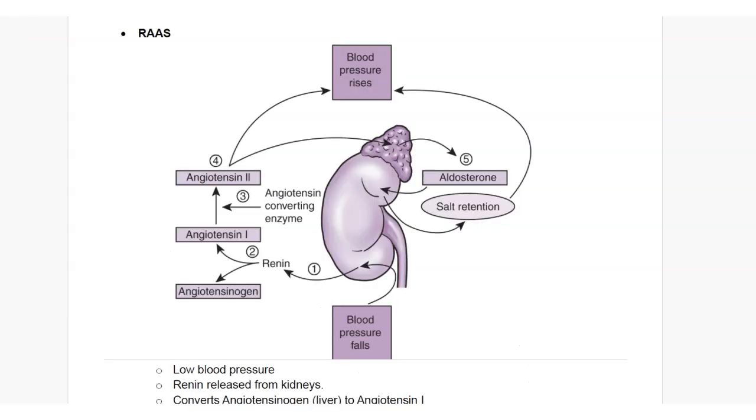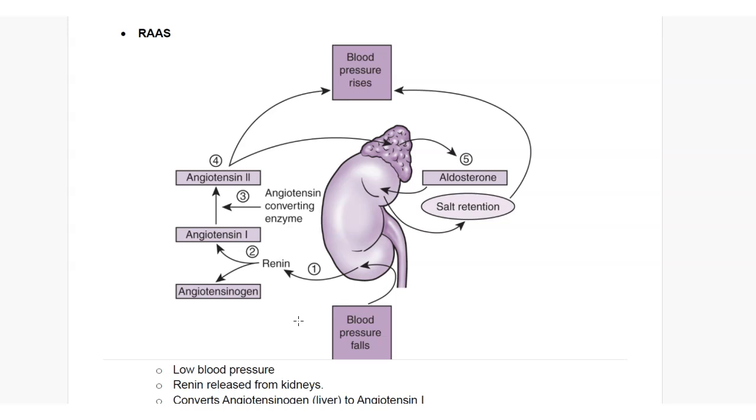This is the renin-angiotensin-aldosterone system. So this is basically our body's way of regulating blood pressure. When our body senses a drop in blood pressure or a drop in fluid volume within our body, our kidneys will release renin, and then the liver will release angiotensinogen. So what happens is the renin will convert angiotensinogen to angiotensin 1, which then will be